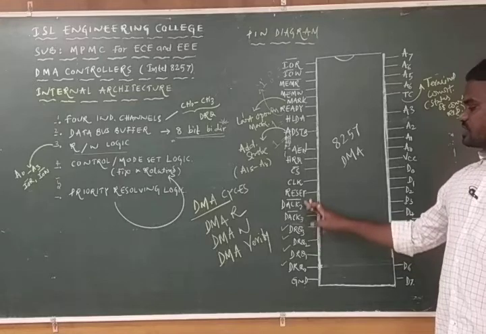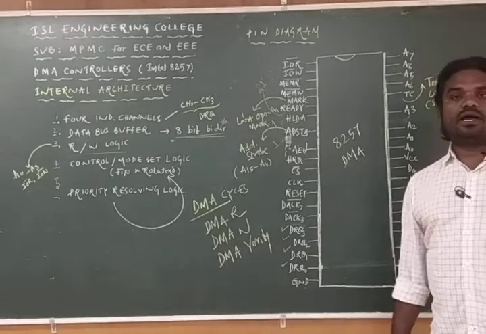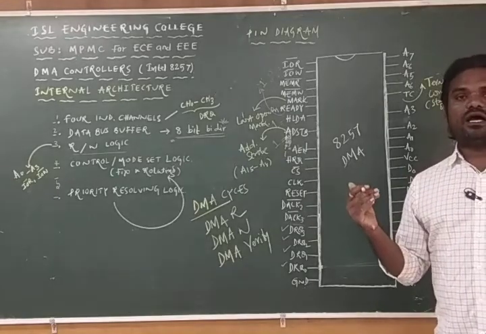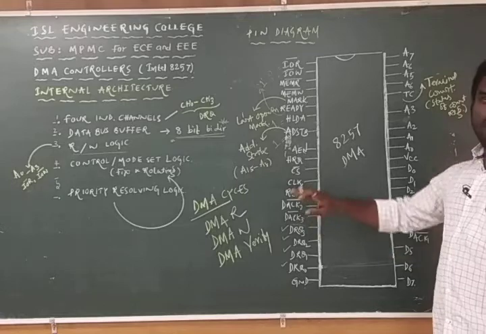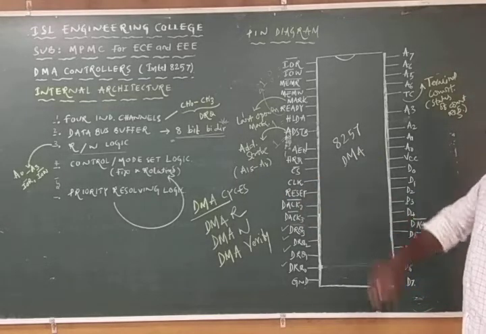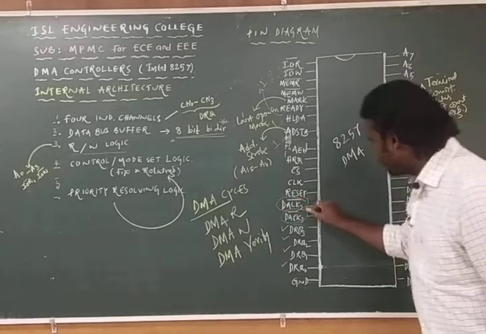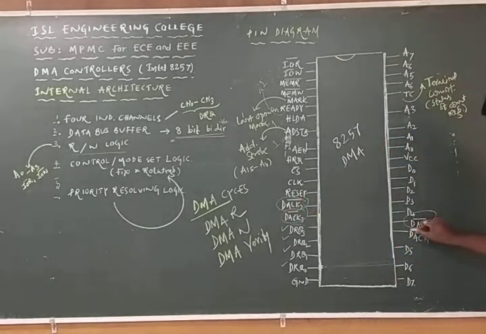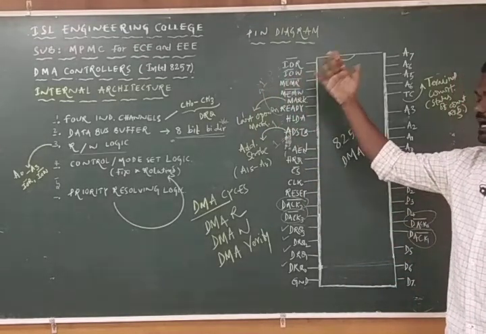We are having the 4 channels, so that whenever one particular operation is completed by making use of any one particular channel, it is going to give the acknowledgement from the 8086 microprocessor. There are 4 acknowledgements, because we are having the 4 channels. What are the channels we are having? Channel 0, channel 1, channel 2 and channel 3.